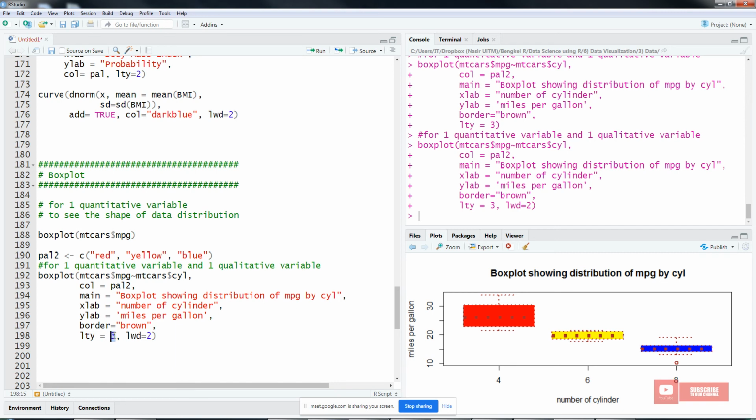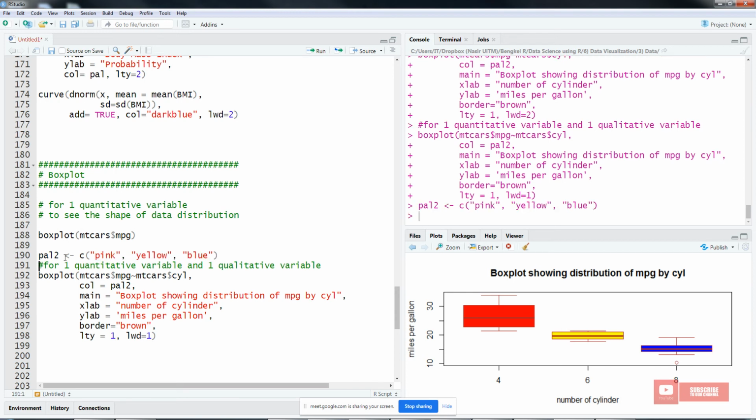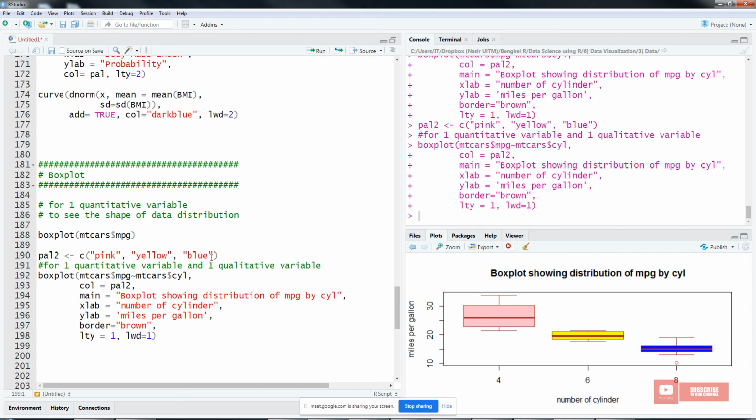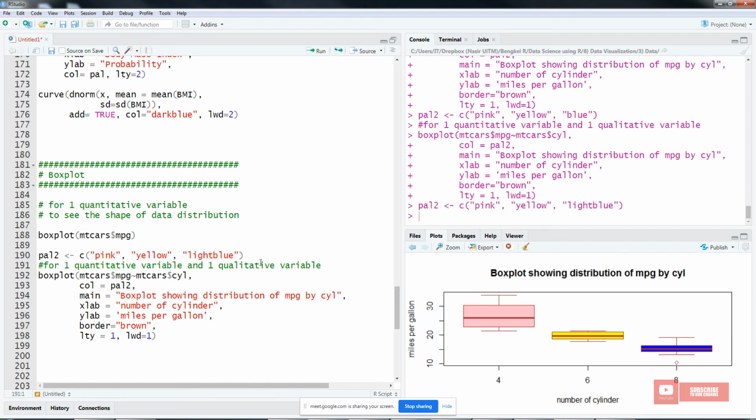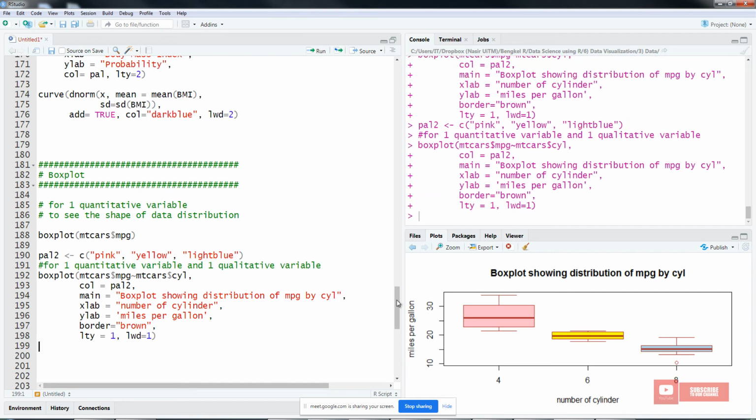So I think this is quite good, and this is a better one, right? And the color is not nice. Let's say pink, right? Yellow, light blue, right? I think that's all for today, right? So your task